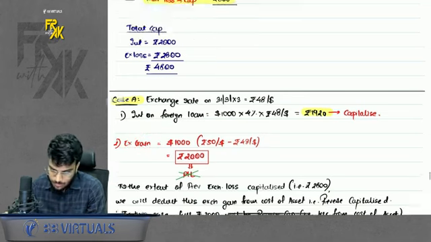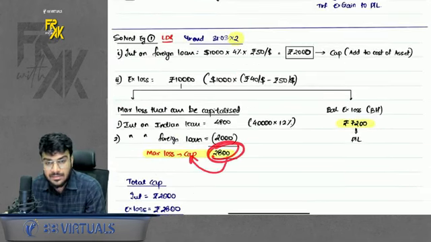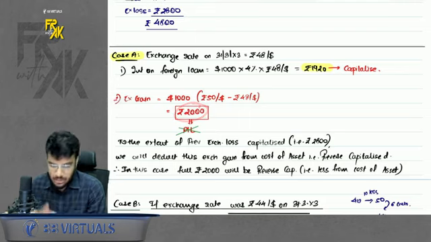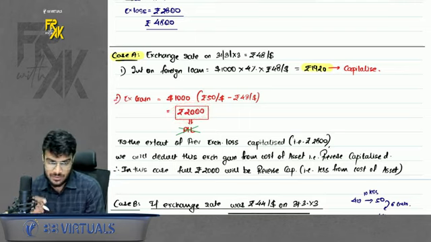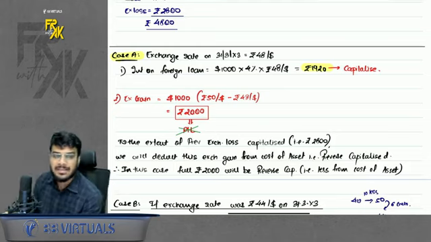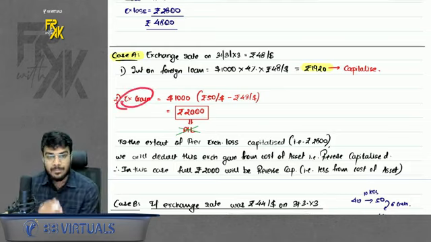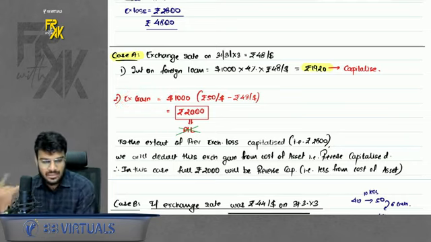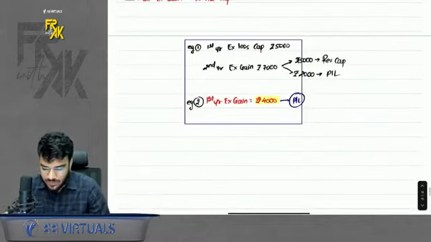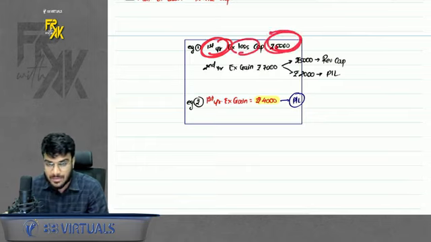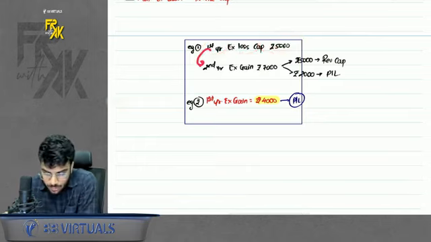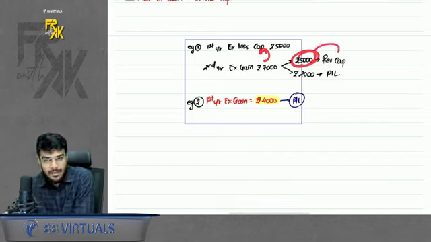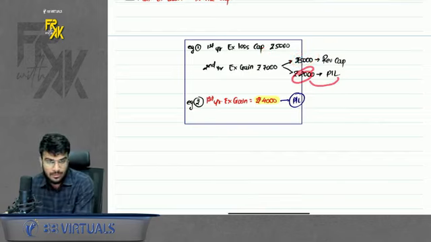To the loss that you capitalized, if on the same loan you get a gain in the next year, then to the extent of the previous loss, this gain will be reverse capitalized. What is the meaning of reverse capitalize? Capitalization means adding to the cost of the asset. Reverse capitalizing means reducing from the cost of the asset. But that is only done when you get a gain in the next year. So I had summarized this here as well. If in the first year you get an exchange loss, you capitalize this much loss. If on the same loan in the second year you get a gain, to the extent of the previous loss, that much gain will be reverse capitalized. The balance gain, if any, will be transferred to profit and loss.